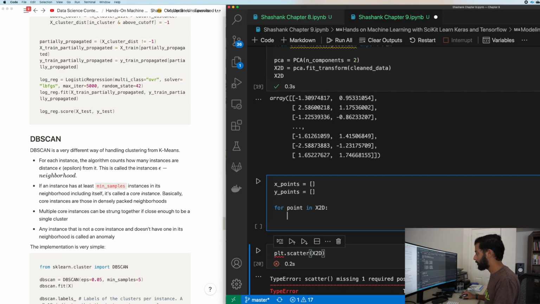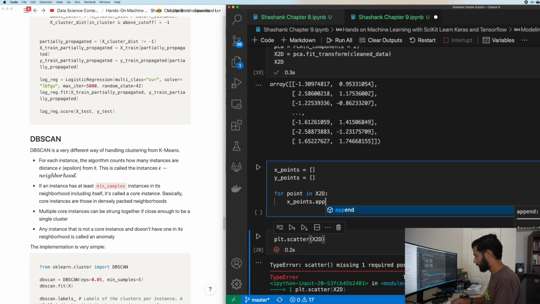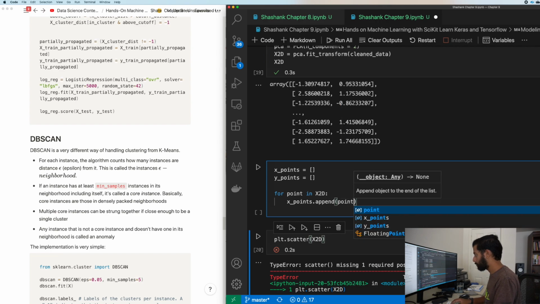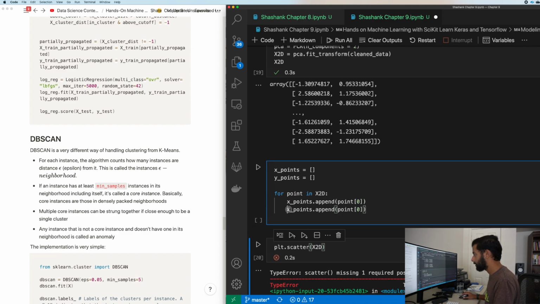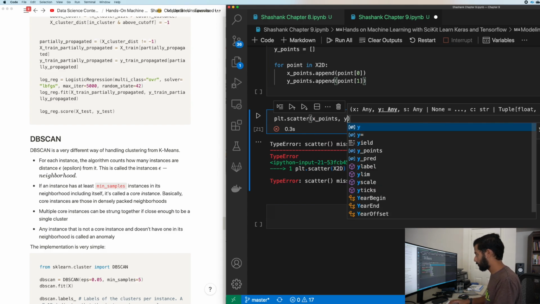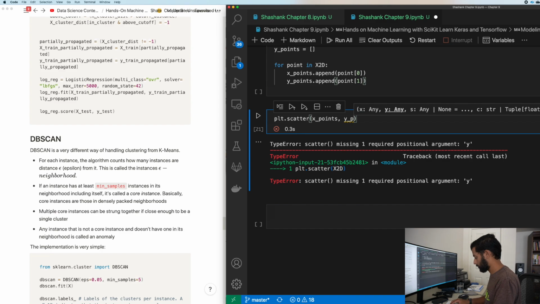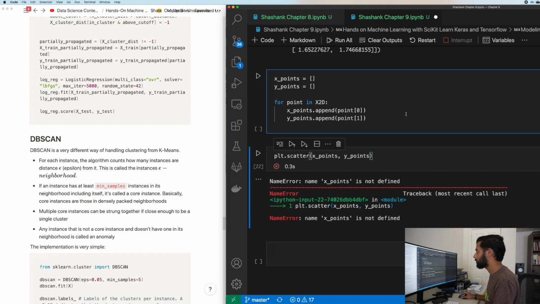So for point in X2D, X points dot append point, and then we'll append the first value, and then Y points will be the same, but it'll be the second value in that list. Okay, and then I should be able to put in X points and Y points here. Huh? What happened?